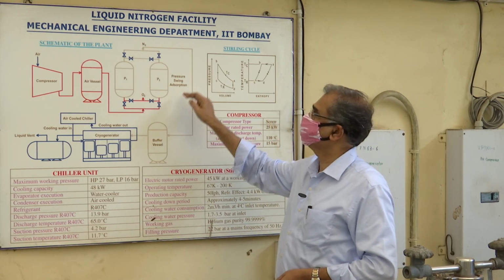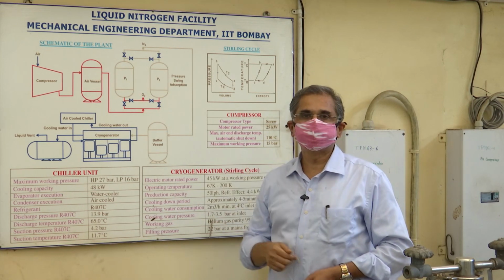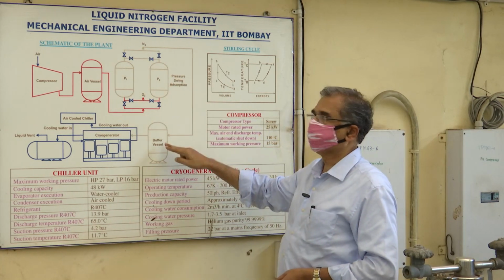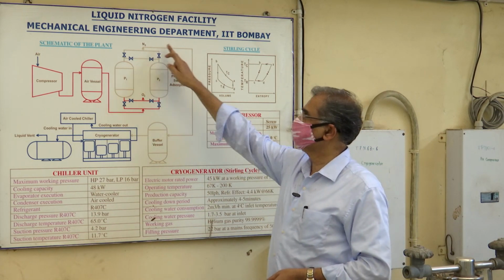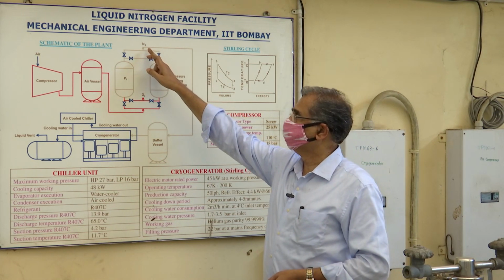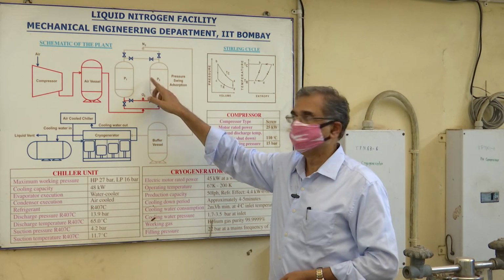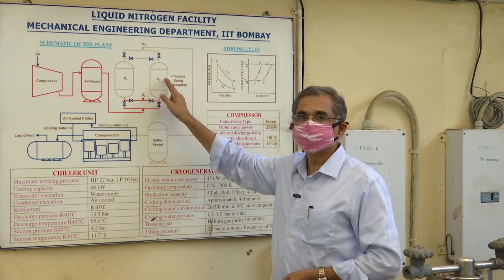Now this unit is called as pressure swing adsorption unit, wherein in the existing facility that is meant for nitrogen, we let only nitrogen go outside and get into buffer vessel. However, what we are now doing is, instead of letting nitrogen go ahead, we want oxygen to go ahead and nitrogen to be rejected to atmosphere. So this unit is called as pressure swing adsorption unit. This is what we want to change.